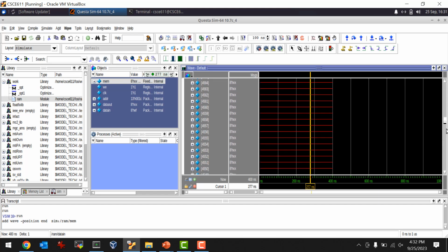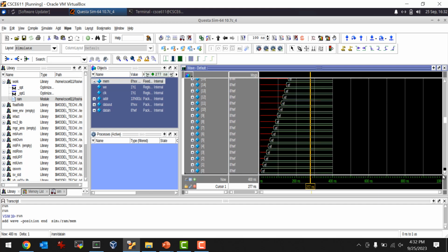Okay, so, yeah. So you can see what's happening, I should not have made it that big, but because my address is incrementing from 0, and my write enable is 1, and my data in is EF, you can see that the memory array is slowly filling up with EFs. You see that? The reason why it's staggered is because every cycle it adds one more EF and it's incrementing the address. So it's kind of initializing that array by writing all the entries.